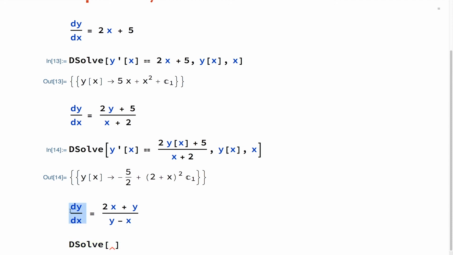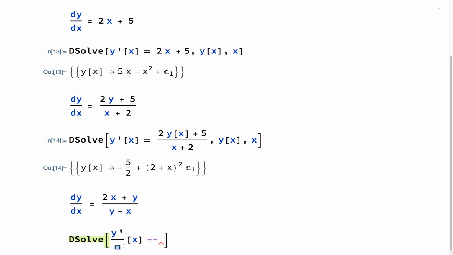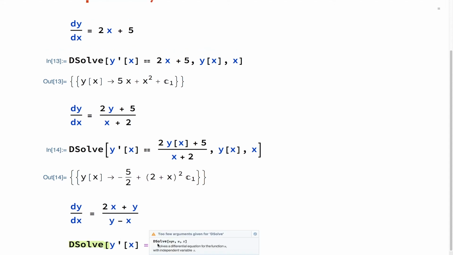As you know, this translates into y dash of x because this is first order. So y function of x is equal to y dash x, double equal sign. Then we have, sorry, this should be here. And then we can say